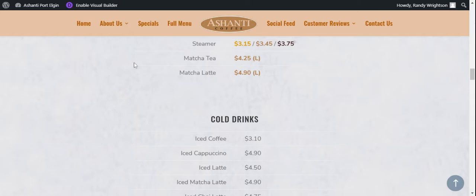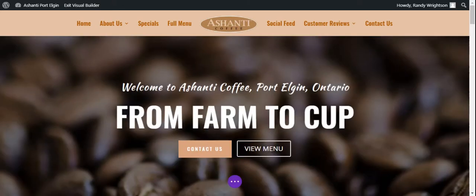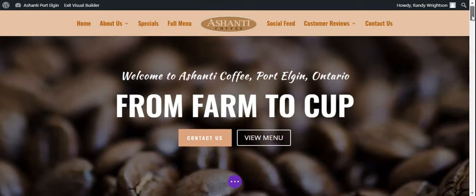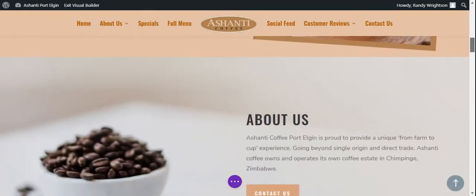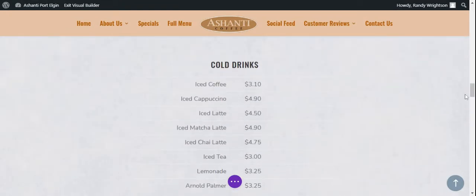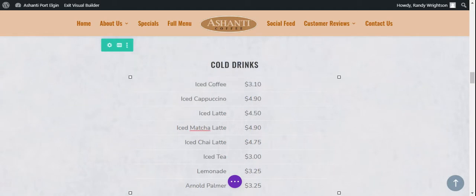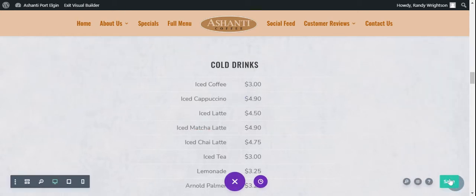So just like before, enable the visual builder, and then we go down to the section that we want to change, and then all you do is just click, backspace and type 3, and then three dots again, and bottom right save,